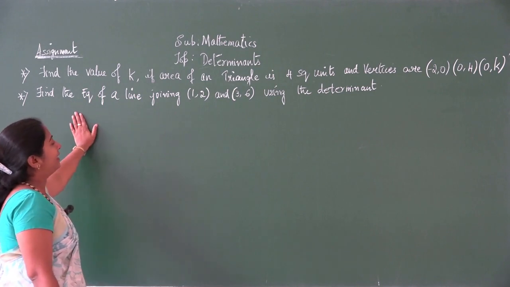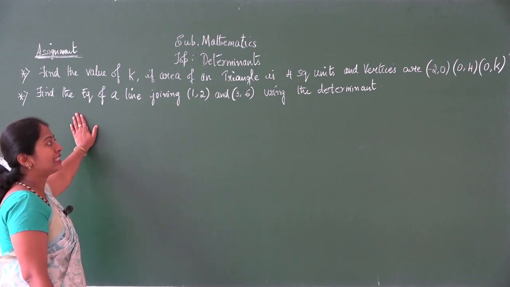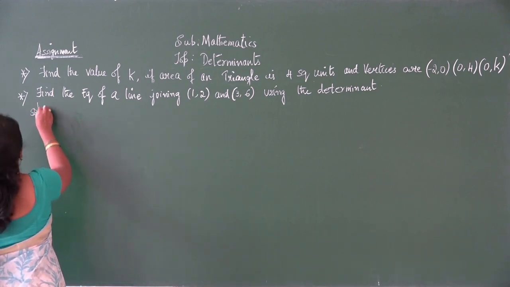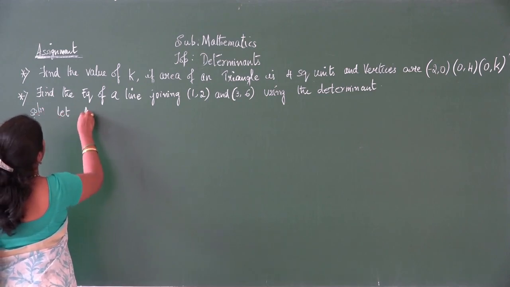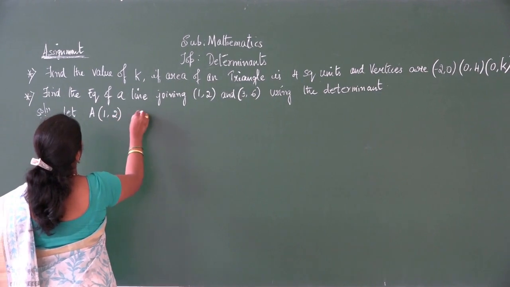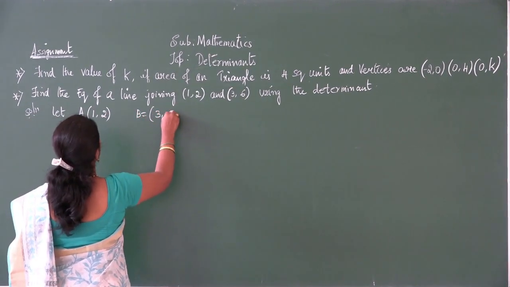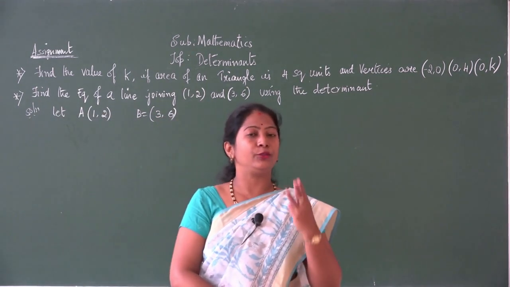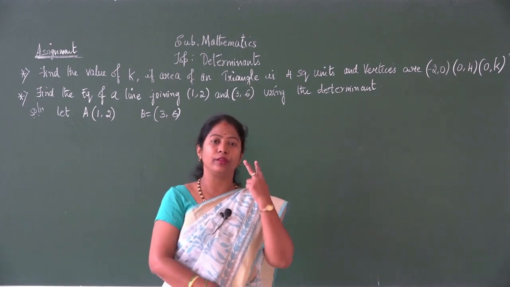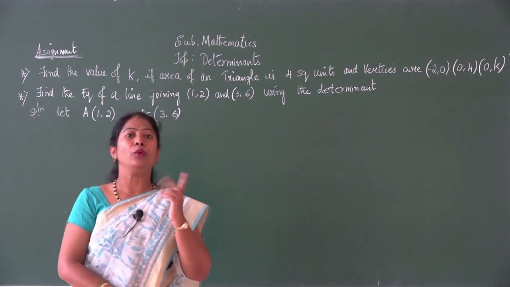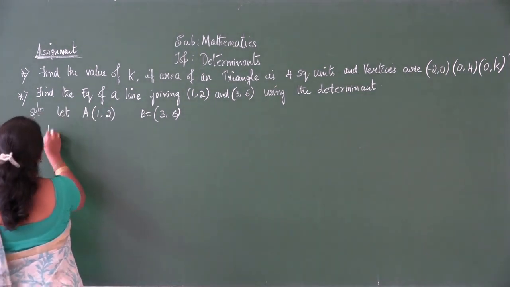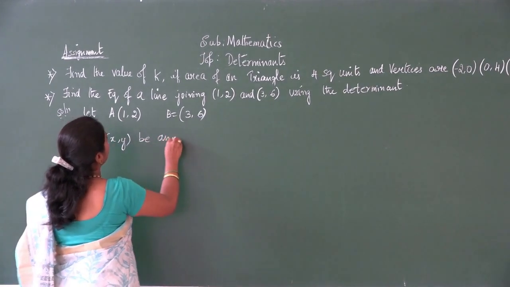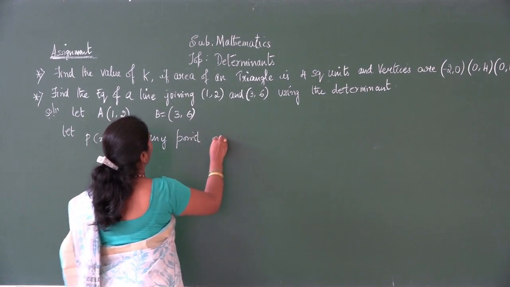Find the equation of a line joining 1, 2 and 3, 6 using the determinant. So, the first point, we shall mark the points as A and B. So, let A equal to 1, 2 and B equal to 3, 6. For us to find the equation of a line using the determinants, we need 3 sets of points. But in the given question, we have only 2 sets of points. So, we will consider one more point, that is, let P of x, y be any point on the line